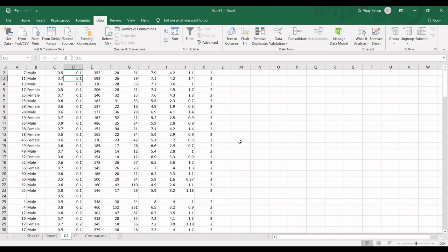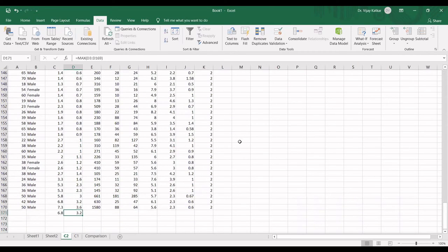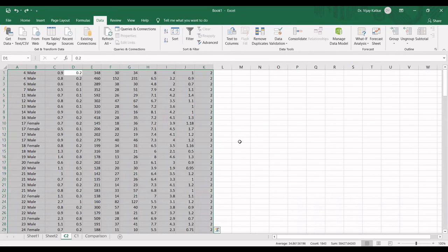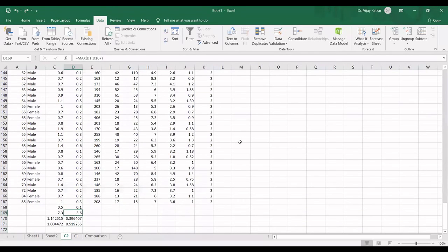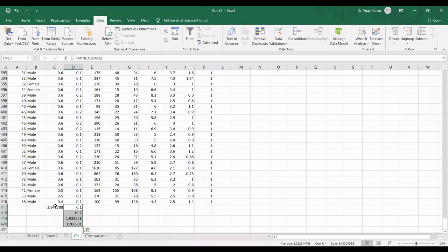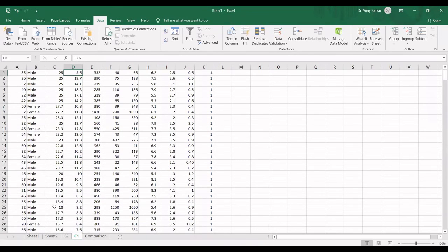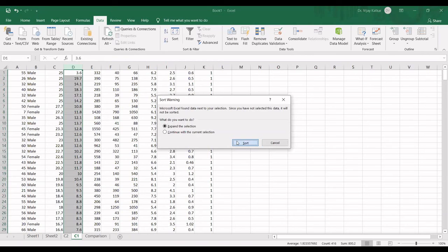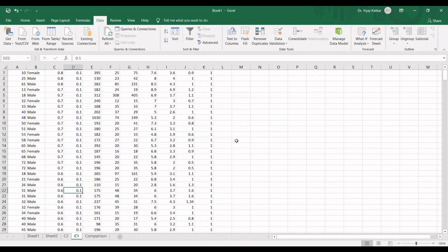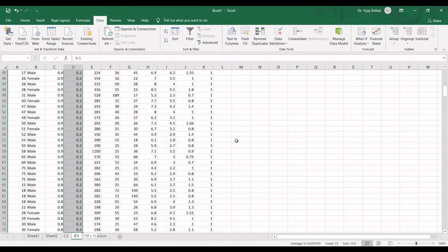Okay, we'll forget about those equations. Let me delete these numbers now because we have already copy pasted it and they are disturbing our sorting mechanism. So 0.1 start and all that is common. Am I right? So now let us sort this column in ascending order and see how many records are there with 0.1 value, which is common in both the cases, or some value up to 0.4, let's say.